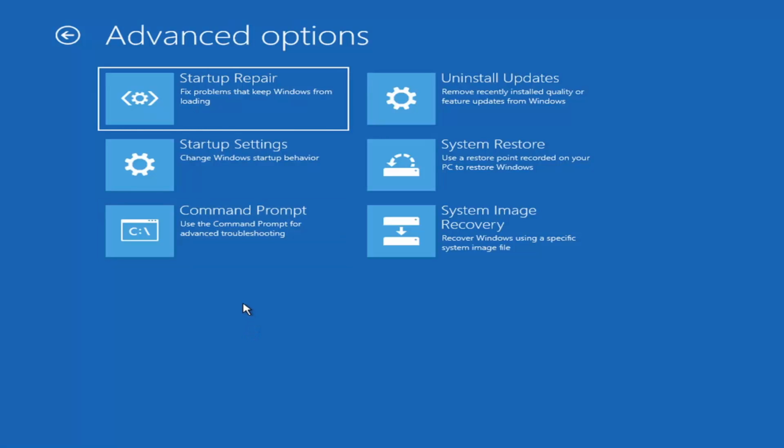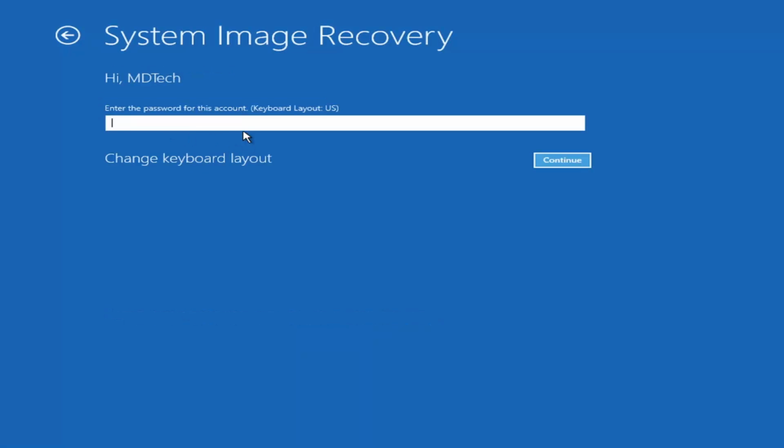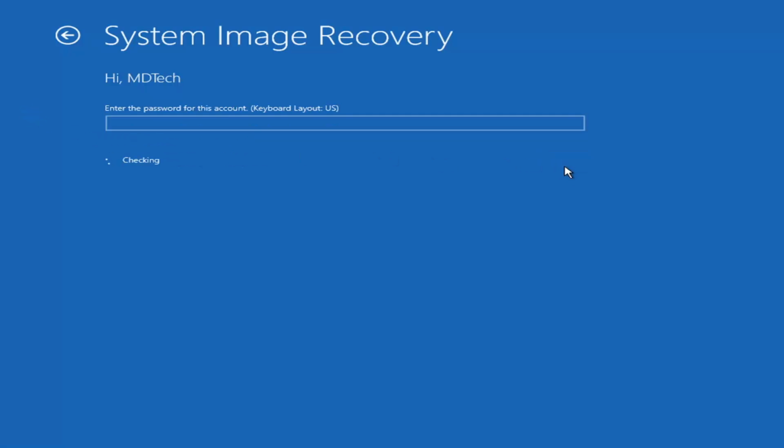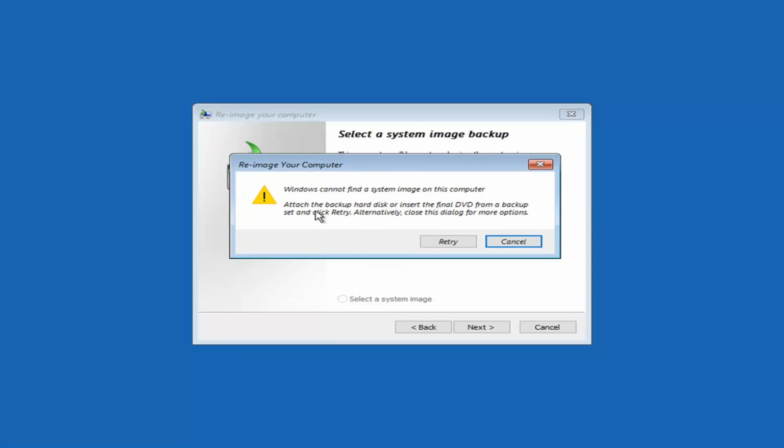Another thing too, you can try the system image recovery option, which if you have a saved CD or DVD of a backup, you're welcome to do that. It's more common if you had an older version of Windows, like the Windows 7 backup and recovery option. Not as common, most of you probably don't actually have that, but I will just go ahead and type it in, select continue. Actually, I think I don't even have a password on here. And anyway, you can see there's no system image on this computer,